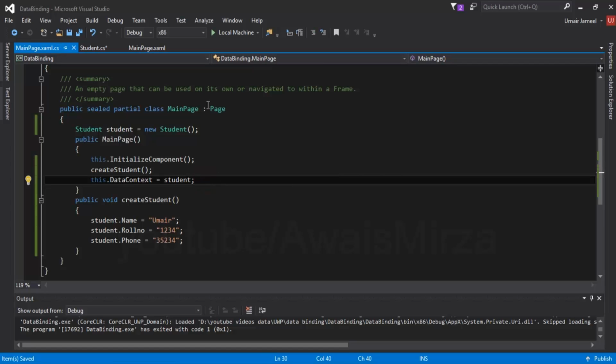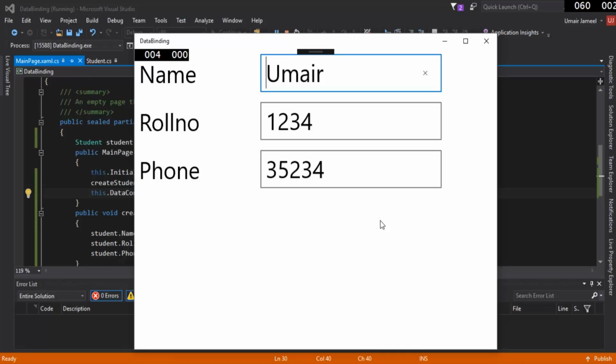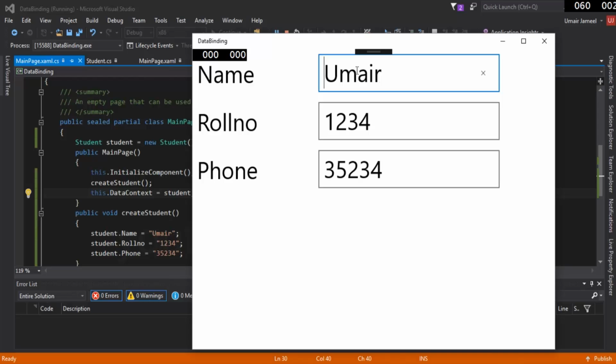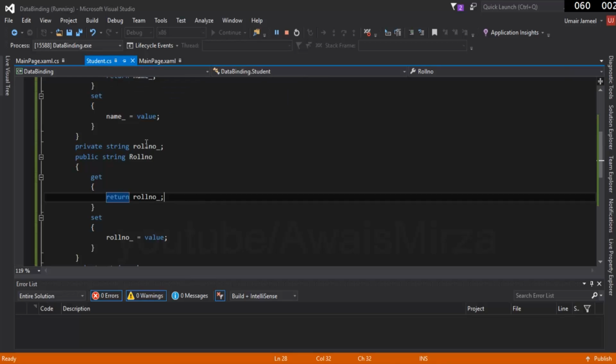Alright, now if I run my application, all these values should be shown in those text boxes. So let's click on local machine. So our application has been started and you can see that the same values are being shown inside the text boxes that I added in the properties of this student model. So you can see that I have binded these properties with the UI elements,